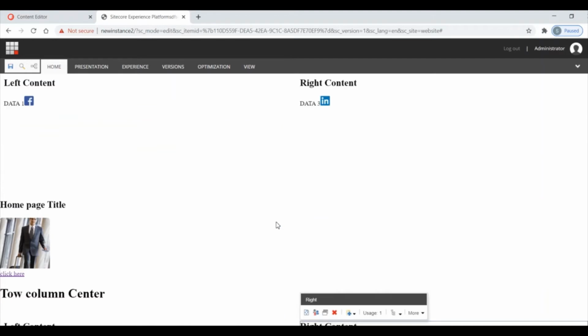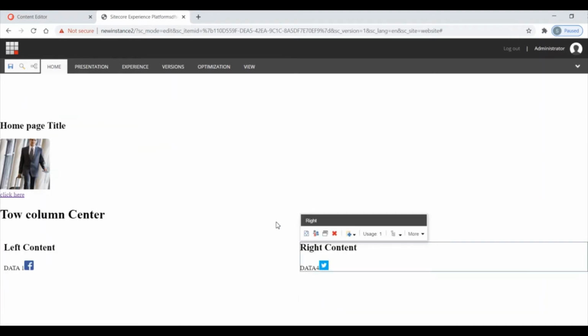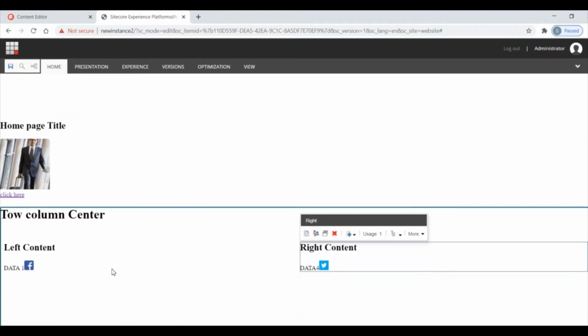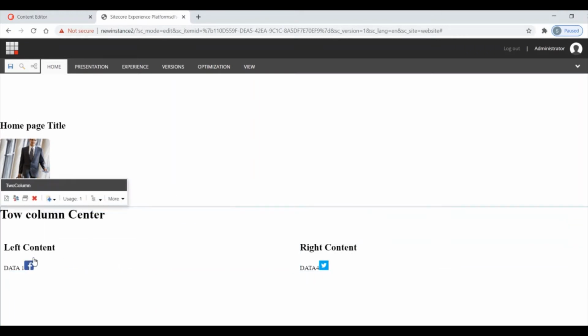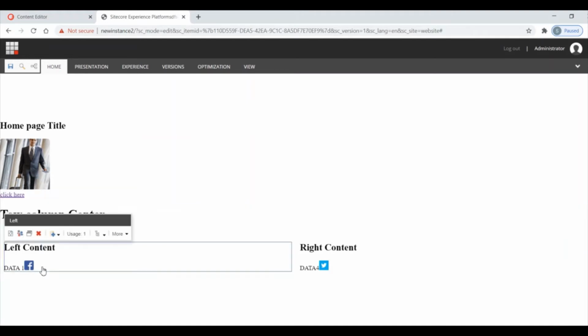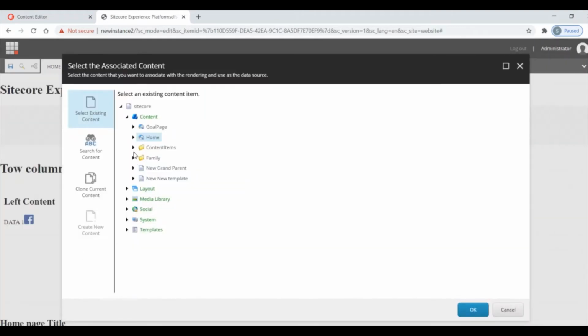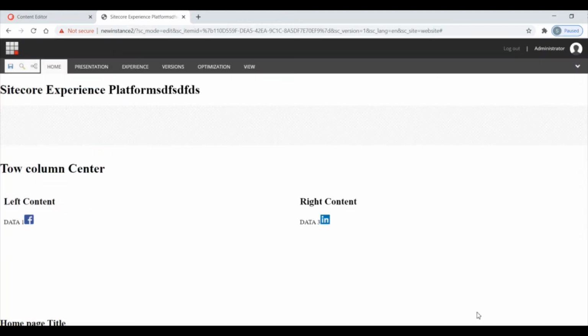These two components are different. So for testing, I am also changing this source. I'm changing this one to some different data. Changing this one.